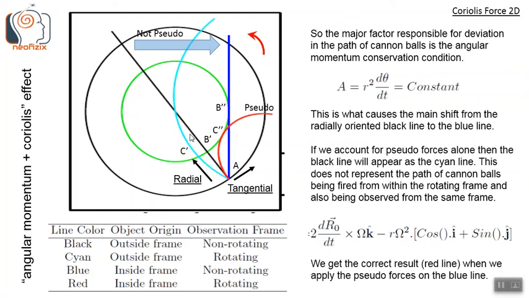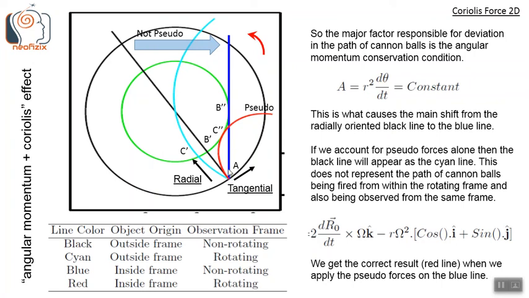So this black line is the main one, which is released from the inertial frame and also observed from the inertial frame. And if we observe this black line from the rotating frame, we get this cyan line. But if we are seeing from within the inertial frame, outside this rotating frame, that some particle was released in this radial direction along the black line from within the rotating frame, it gets added with this tangential velocity, and we see from the inertial frame that this particle does not go along the black line, it goes along the blue line.